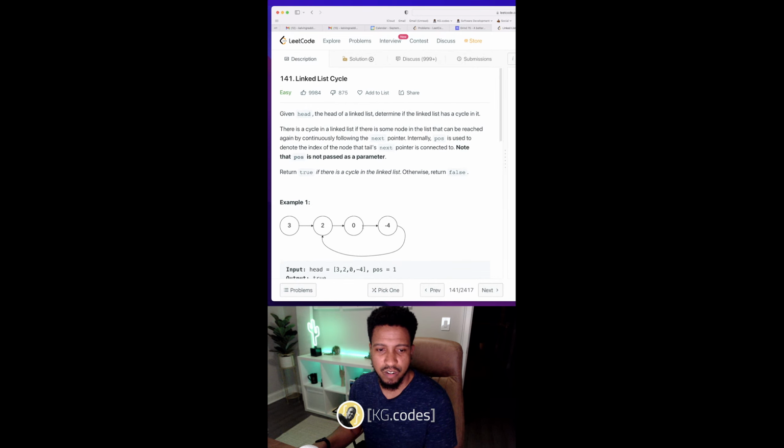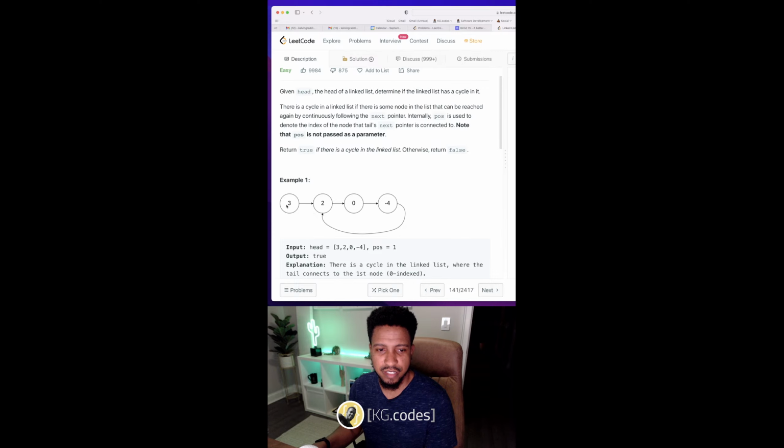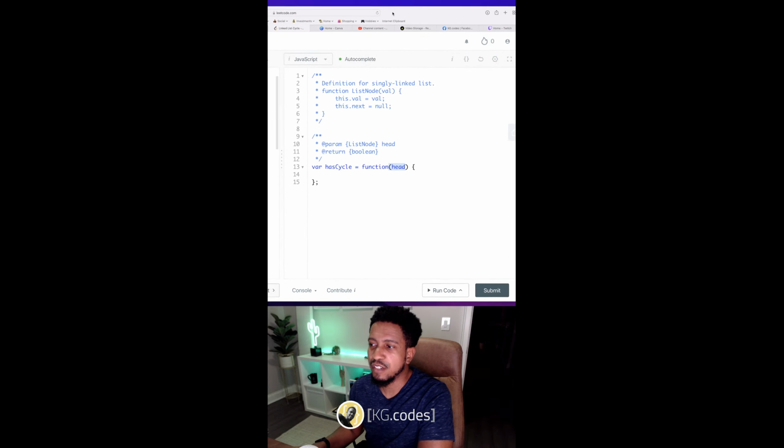And so if I store all of these in a set, then I can basically say, as I iterate through the linked list, looking at every next node, have I seen this node before? If not, then keep going until I get to the end. And if so, then I have some kind of loop. If I've seen 2 before, for this example, then I have some sort of loop and I can return true. So without further ado, I'm going to try to jump to the code,